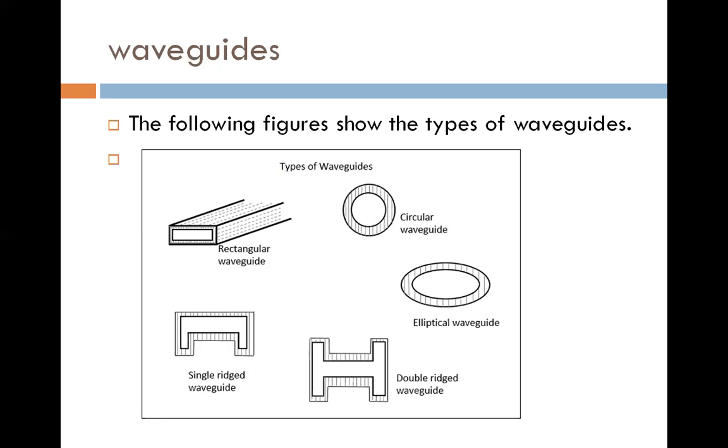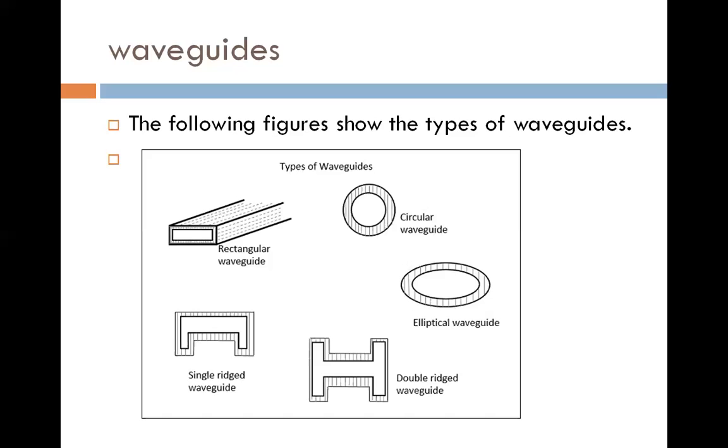So the first question in our mind is, why do we go for the waveguide and drop the coaxial cable? The problem is, when we apply a higher frequency, in terms of gigahertz, to a coaxial cable, it creates a problem in terms of loss. That means coaxial cable is not operated at higher gigahertz. It produces some losses, one is the skin effect, another is the frequency loss or whatever. So it is a problem.